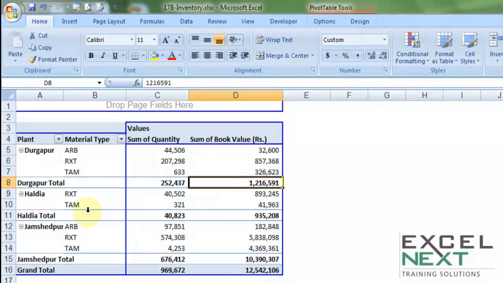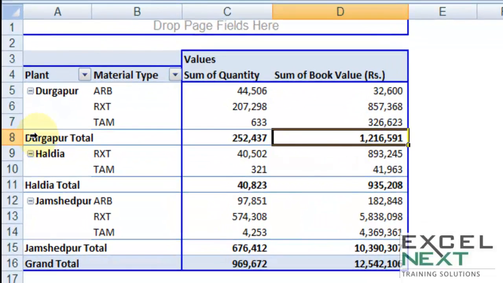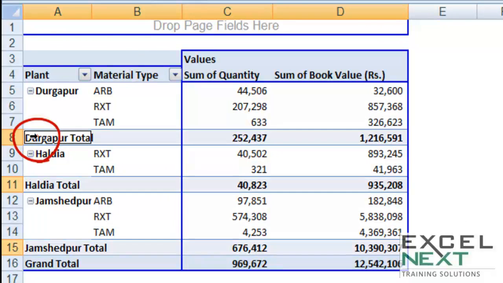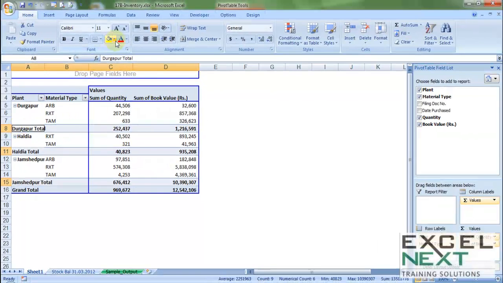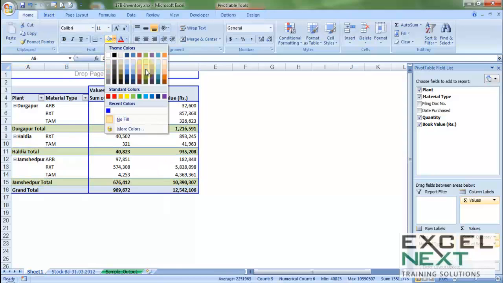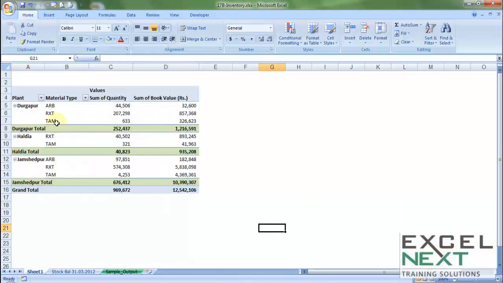If I want to highlight all the rows which are showing Durgapur total in a gray, let's say different color. Now the trick is, as you place your cursor just on top of the Durgapur, you'll notice this different icon coming in. The moment I click on that, notice all the headings have been chosen. Now if I go to home tab and color it, let's say green, you will notice all the subtotals have